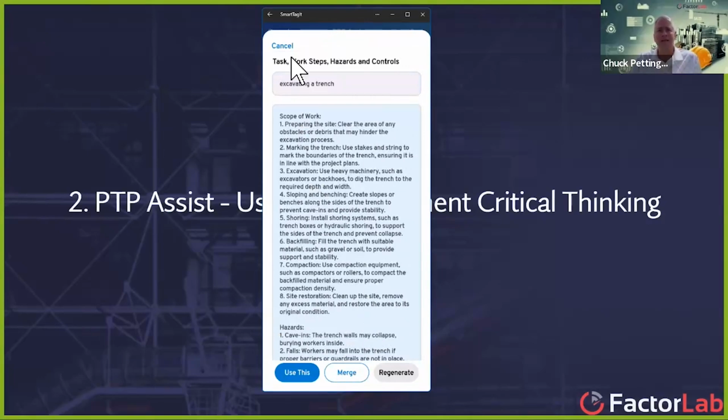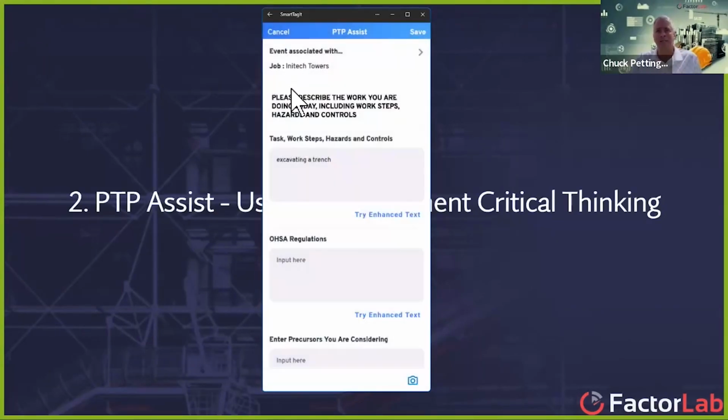Now, another thing that you might think would get in the way of community is that a lot of the crews or a lot of the organizations we work with have multiple different languages spoken. And sometimes when you talk about diversity in the workforce, if people aren't as comfortable speaking English as maybe a lot of people, they may be hesitant to ask questions. They may be hesitant to say, you know, I'm not really sure I understand what you mean. So why not let the technology handle that? So let's do